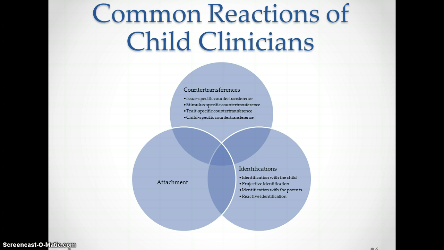Second, projective identification happens whenever a child attempts to project an unacceptable or frightening aspect of the self onto the counselor. This can have a positive or negative impact depending upon the awareness of the counselor. If the counselor can receive the projection and meet it with acceptance, then the outcome is likely to be positive. If, however, the counselor receives the projective identification but does not recognize it as the child's, then the outcome is likely to be negative. This concept is a bit more obscure, so let's talk about it in class if you have questions.